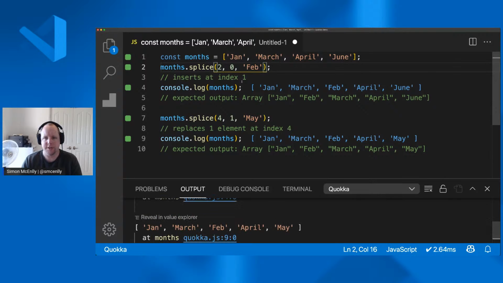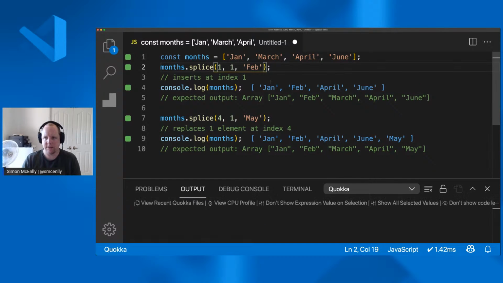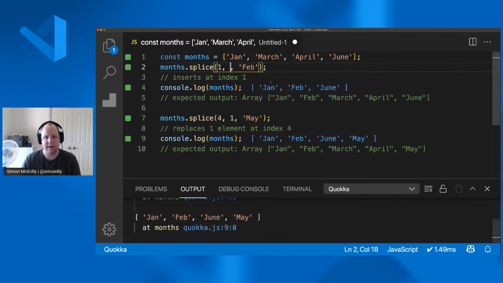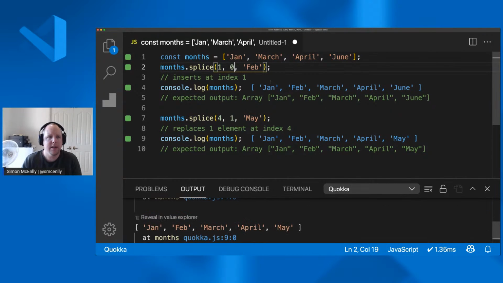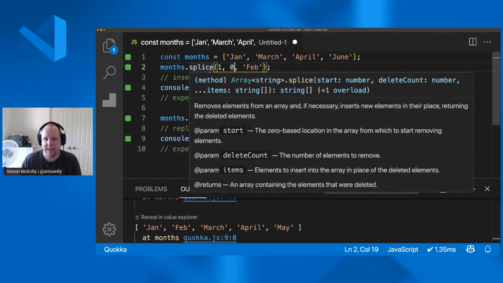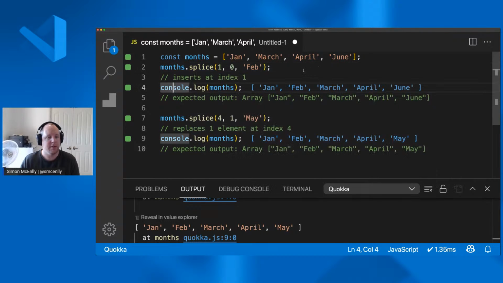Okay, so I changed it to 2. And it's flipped March and Feb. So the first parameter must be where we're actually inserting. And what happens if I change this parameter? So if I change that to 1, okay, so that obviously looks like it's deleting values. If I change it to 4, it does nothing. Okay, so change it to 1, change it to 0. So nice, quick and easy. And if we look at the documentation, so start number, which is what we worked out, and the delete count, so the number of items to remove. So there are lots of different examples.